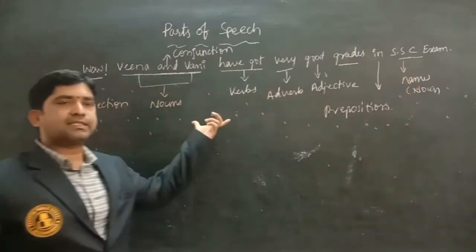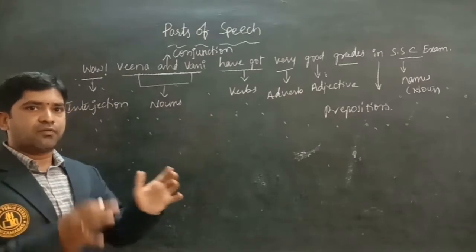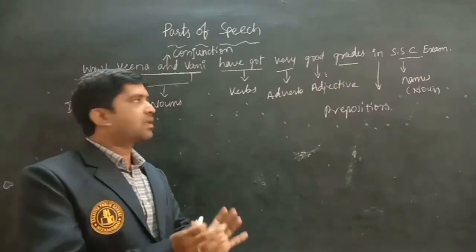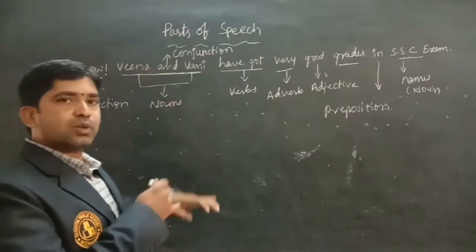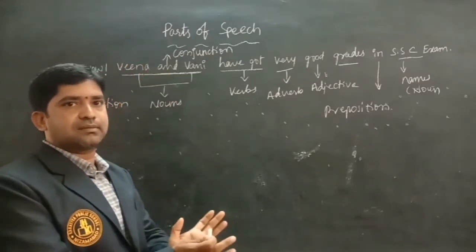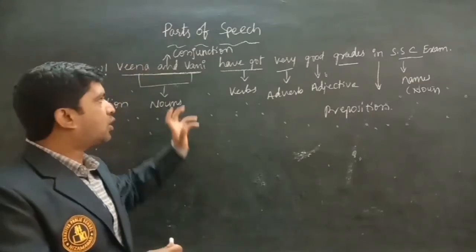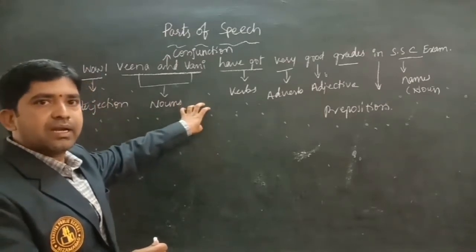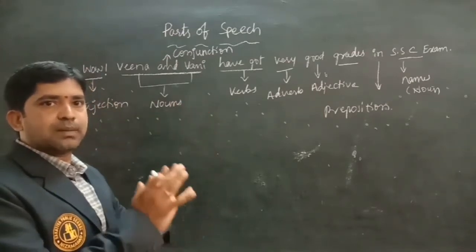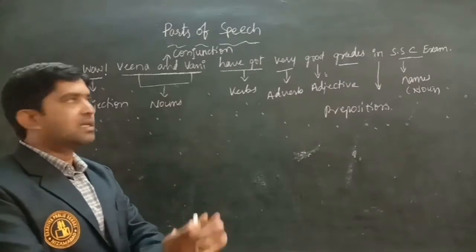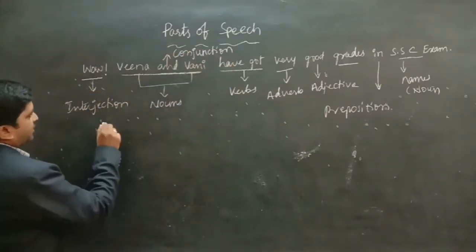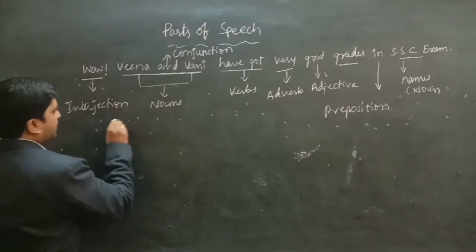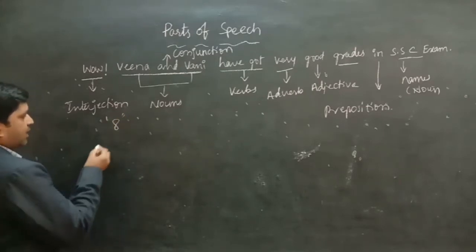After observing these sentences, we understood that every word has its own significance. So they are divided into separate types. Here the parts of speech are 8 in number. How many? 8 parts of speech. They are